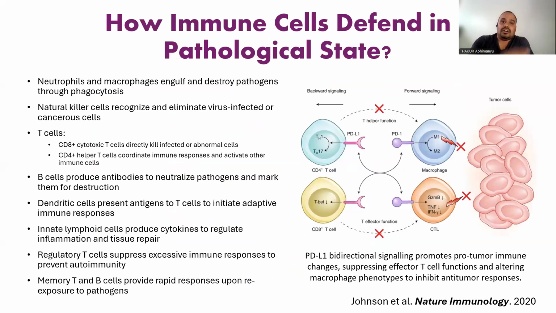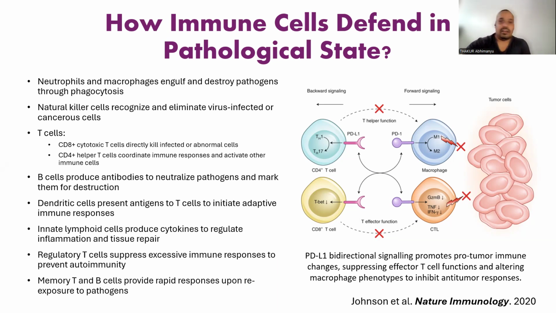Within pathological states, the immune system mobilizes a sophisticated cascade of cellular defense to combat invading pathogens and aberrant cells. Neutrophils and macrophages act as frontline responders, and they employ phagocytosis to engulf and destroy foreign entities. Natural killer cells exhibit cytotoxic activity against virus-infected or cancer cells, and any kind of foreign particles. CD8 positive T cells directly eliminate compromised cells through targeted cytolysis, and